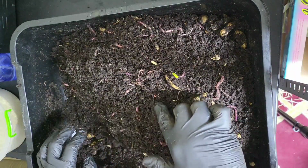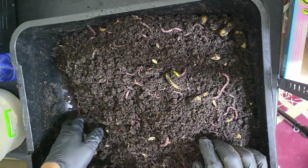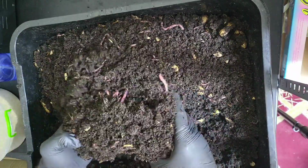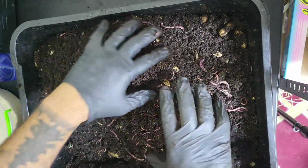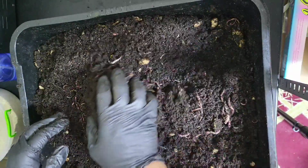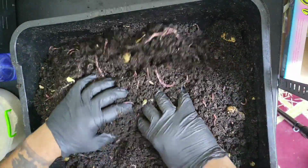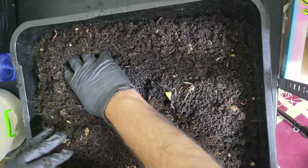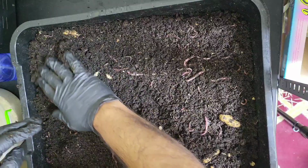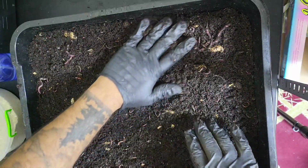Loads of tiny worms, just all over the place. And I'm not complaining, that's the whole point, right? Breeding worms to get more worms. But these guys are great. And now that's fluffed up, that's going to be doing really, really nicely. Right, I'm going to give these guys a nice little spritz now, and then we'll add